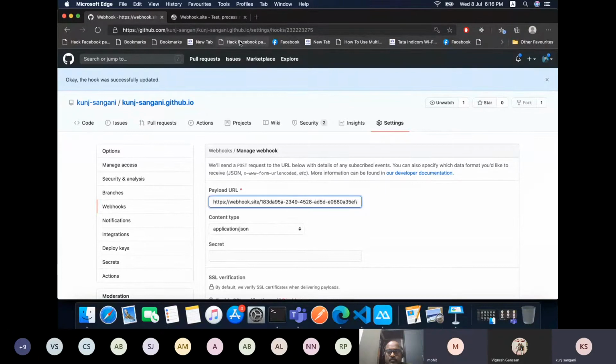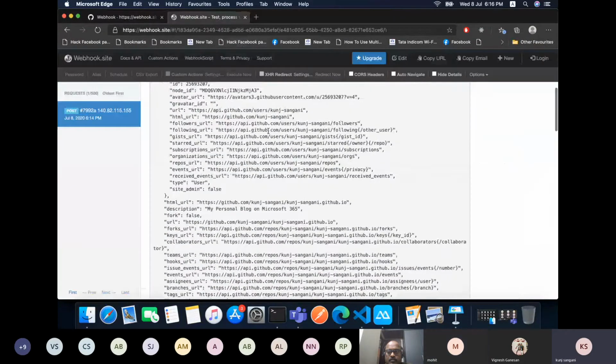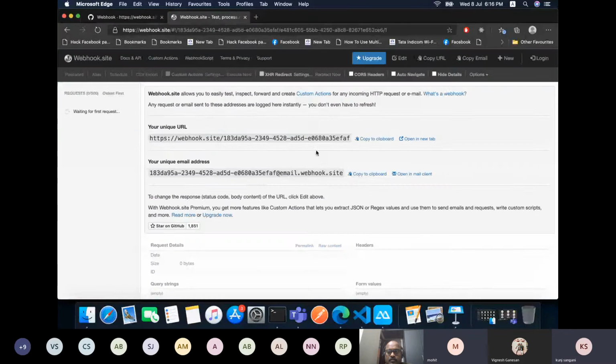Okay, so this is actually the API which we get. So if I clear, this is the API. This webhook.site, this is my domain. Yeah, this is your domain, correct.